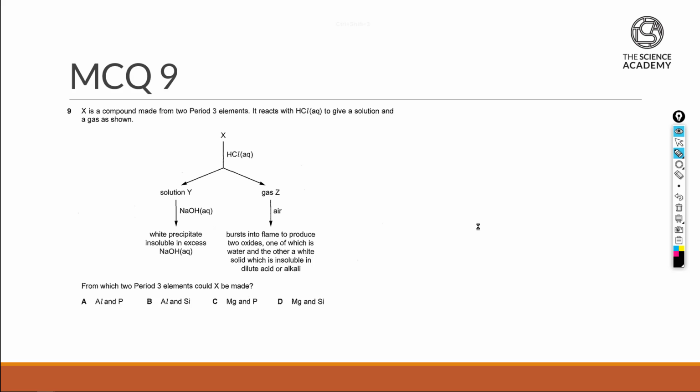In MCQ 9, X is made of a compound that is from period 3 elements, and this particular compound X has no issues reacting with hydrochloric acid to give a solution as well as a gas, as shown over here. So if you take a look at solution Y, the usage of a data booklet would be fantastic at this moment,